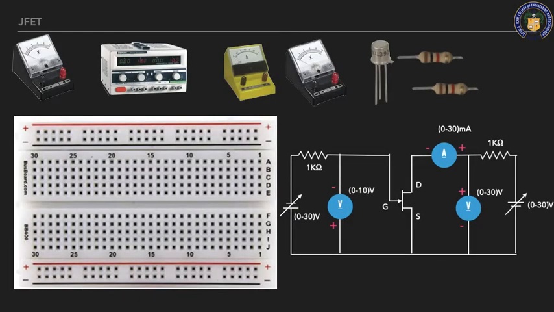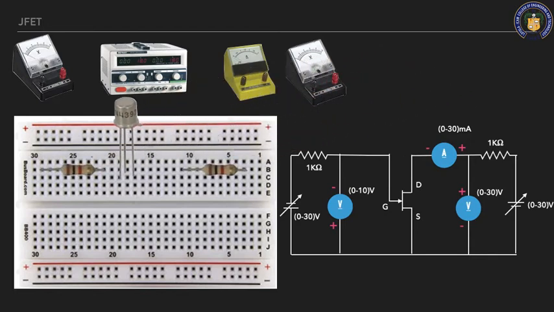So if you see the breadboard, you will have two resistors and a JFET. Insert the JFET and the resistor into the breadboard. Now what you do, you ground the source first. Then we are going to connect the gate to source side. So negative of the supply to the resistor, and the other end of the resistor is connected to the gate, and then the negative side of the voltmeter is connected there, and the positive side of the voltmeter is grounded and the positive supply is grounded. So this connection is over.